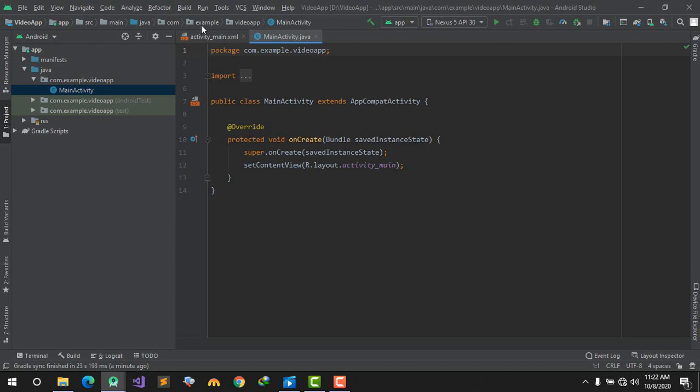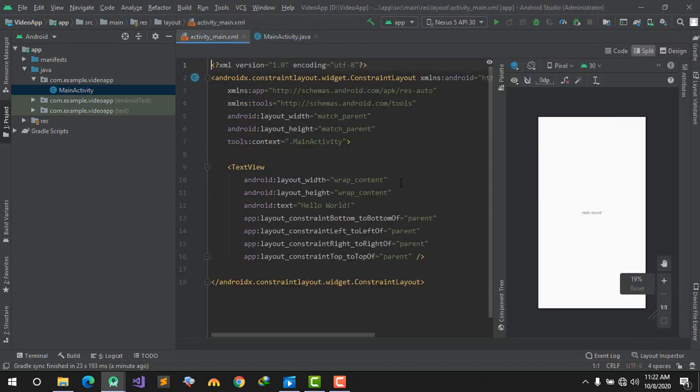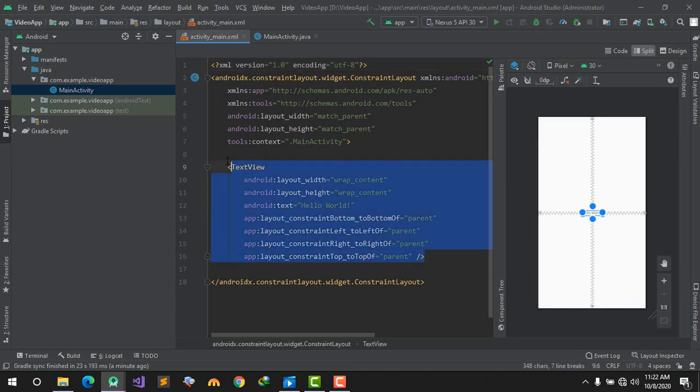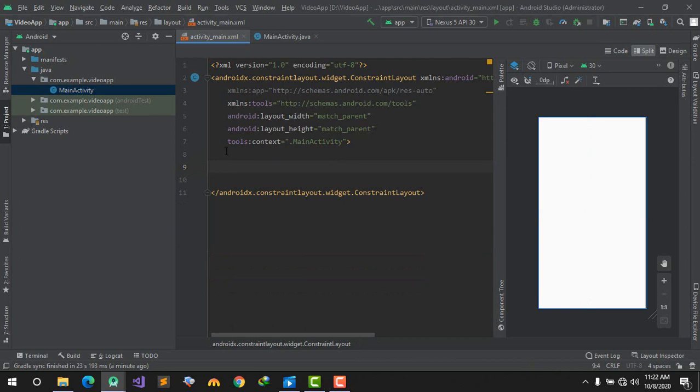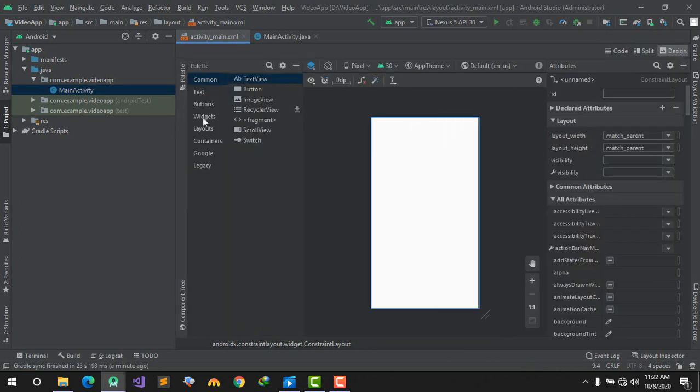First, we go to the design part of the screen, and inside the screen we first remove the default text from the design part, and just go to the design and drag a VideoView. The VideoView is inside the widgets. You just drag it,